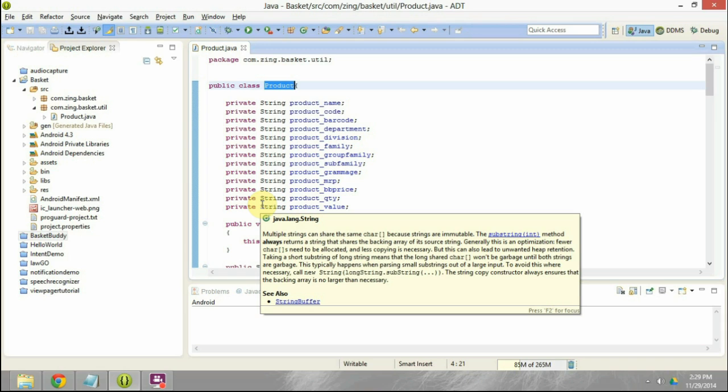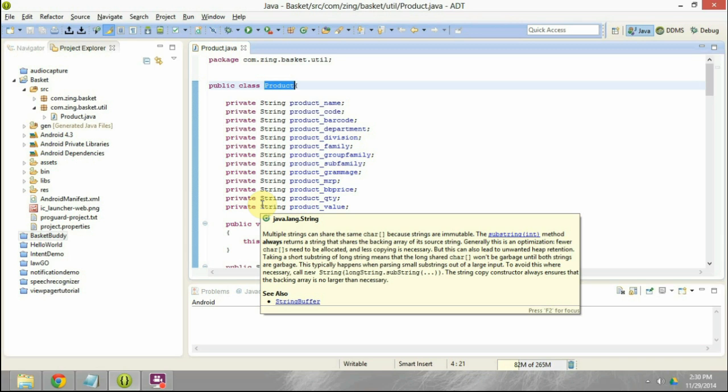The array list of type product will have 10 items. The indexes will be 0 to 9. Let's assume that I want to know the details of the fifth item in that list. I will go to that array list at index 4, and that will give me all the details of the product.